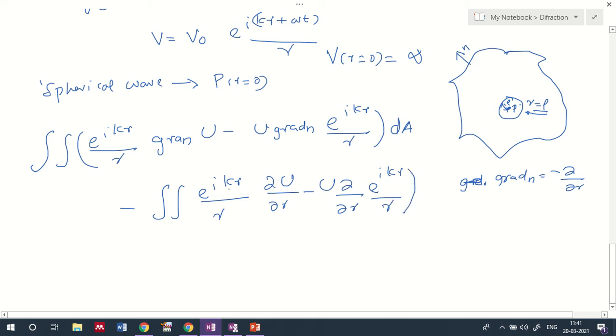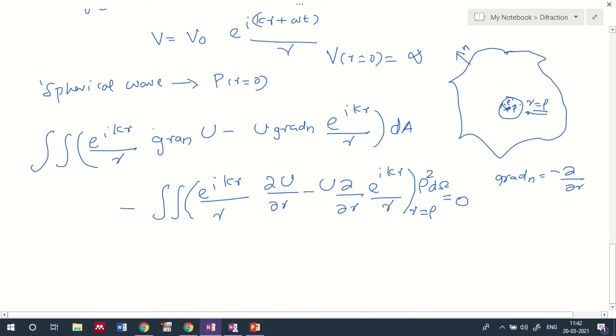So what is the consideration here? In this region r is equal to rho. Then if you take the area element over here, it will be rho square d sigma, which should be equal to 0. So that is our condition for this case. If we need the enclosed volume, we need to remove that particular region.